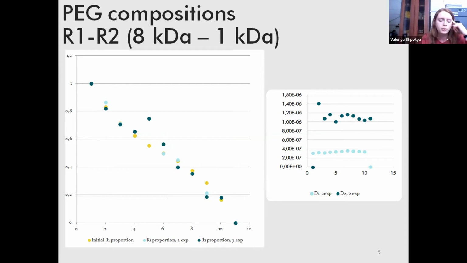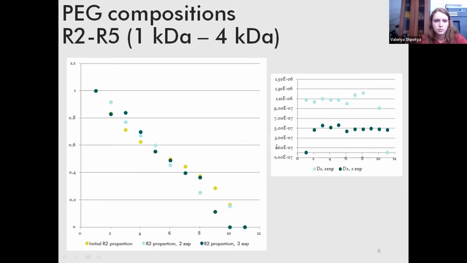When the components differ 8 or more times, we can conclude that even in these systems, we can use the cell diffusion coefficient for calibration and for understanding which mass we operate with. The next step was reducing the differences between components, and we investigated different compositions of polyethylene glycol with masses of 1,000 and 4,000 daltons. And also you can see here